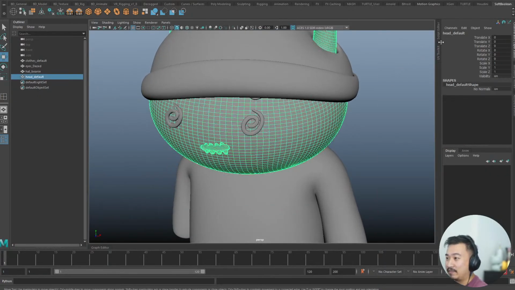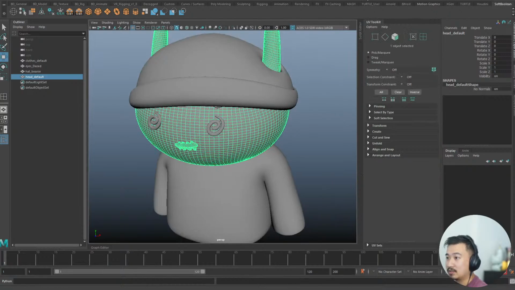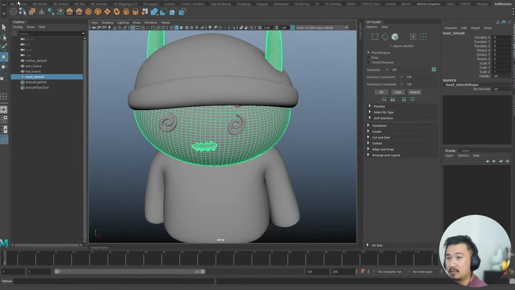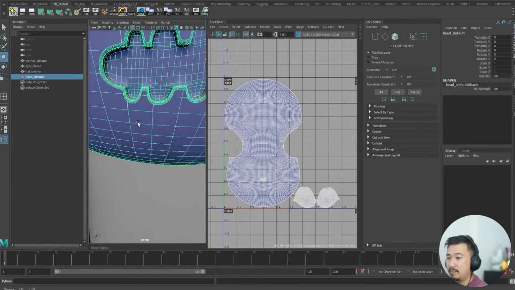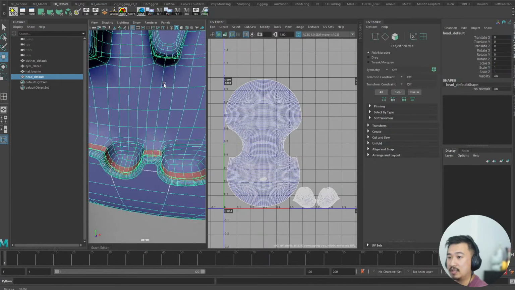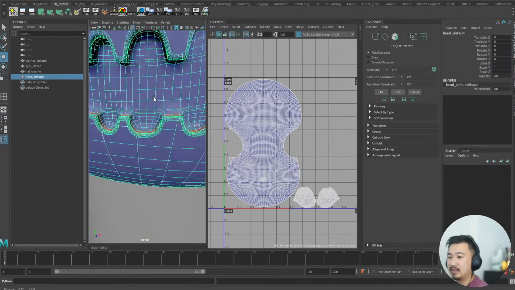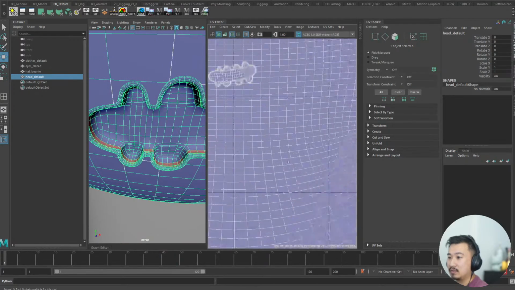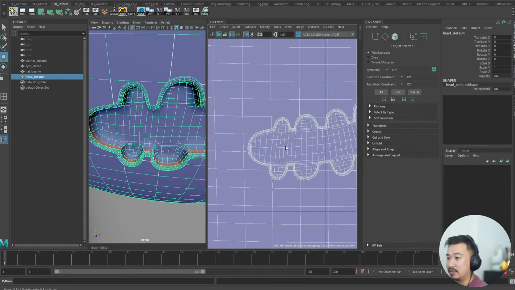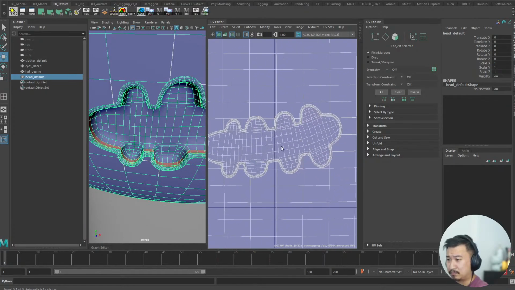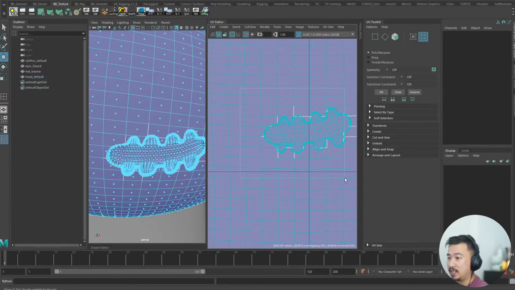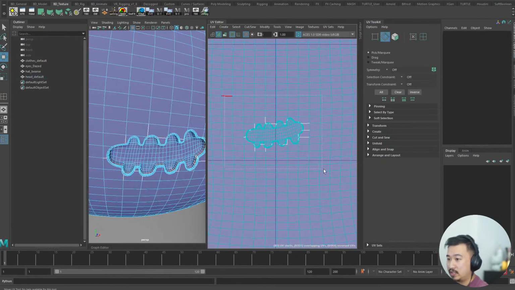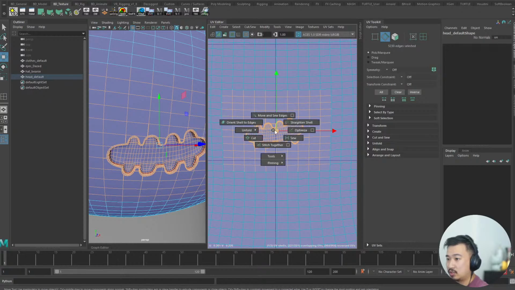Okay, so the face here, I need to clean up the UVs. So let's open up our UV texture editor, texturing, UV texture editor. And the one thing I need to clean up is the mouth. So this area here, you can see there's some areas that aren't sewn together nicely. So what I want to do is just make sure I sew those edges. So I can just come in here, grab all these edges here,